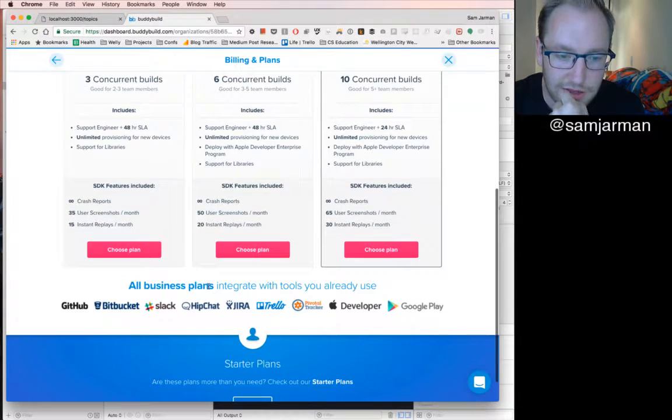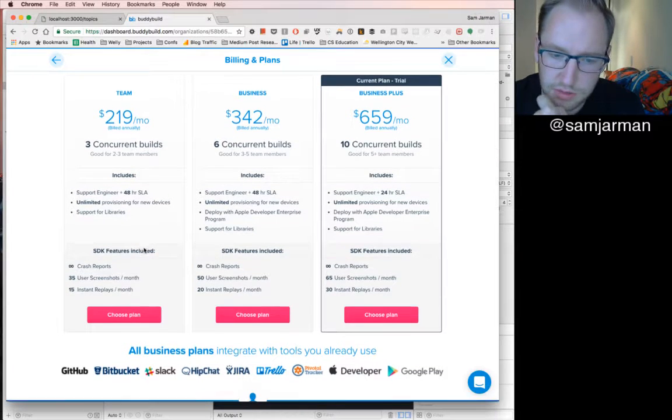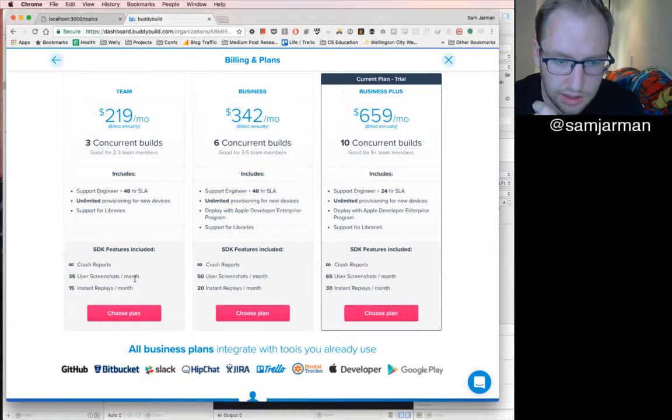Okay, so $2.19 a month, 3 concurrent builds, good for 2 team members. 48-hour SLA, nice. Support for libraries. I assume that means you're building a library. 35 users, screenshots per month. Okay, yeah. Oh, they bill you on that. That's interesting.